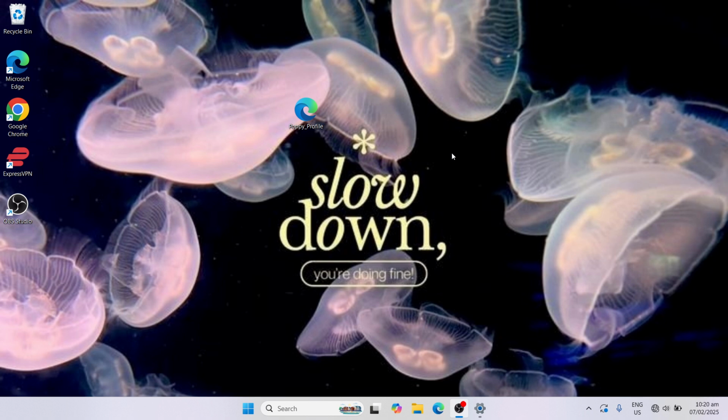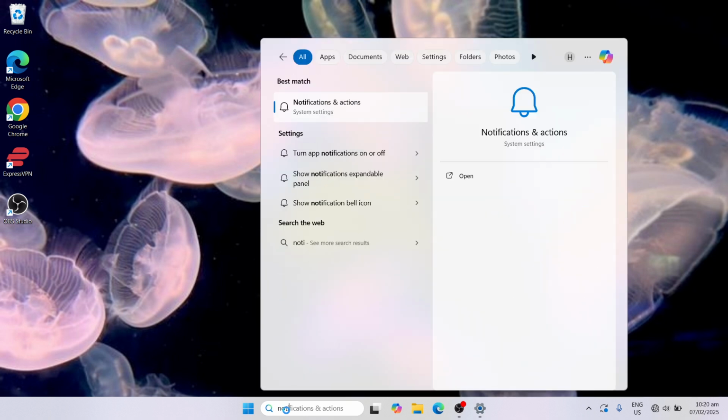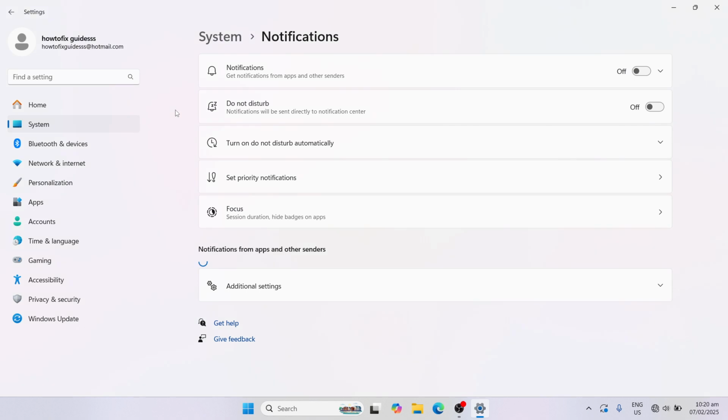For today's very important video, I'm gonna teach you how to make your computer speed up or run faster, okay? So let's get started. First, you need to search for notification and actions. And then the moment the best match appears, just double tap to open. And then